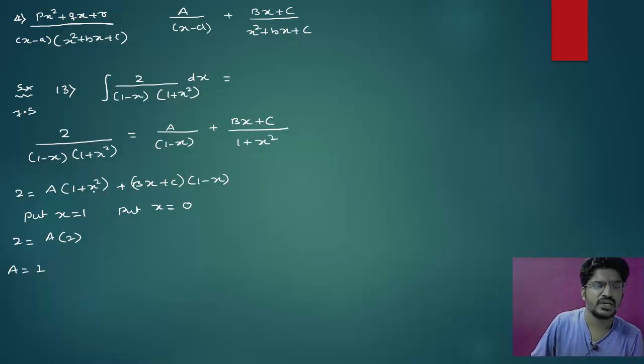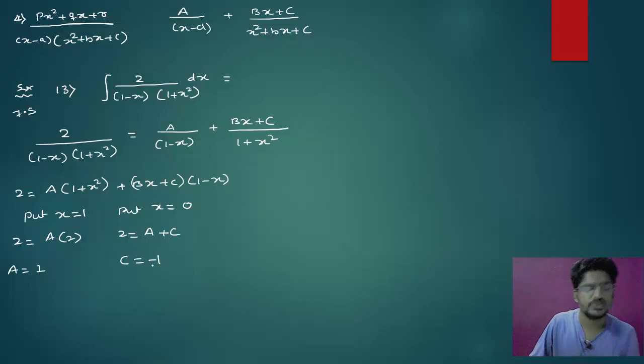So if I put x equal to 0, here you are going to get 2 equal to a, b into 0 is 0, plus c, 1 minus 0 is 1. So it will be a plus c. Therefore you can see a value is how much? 1. So therefore c equal to minus 1. Clear? So now from this, if you want to find the b term, you can compare the coefficient of x, because